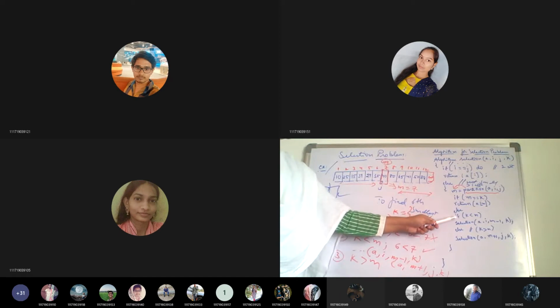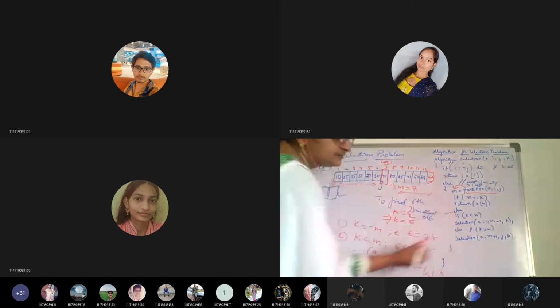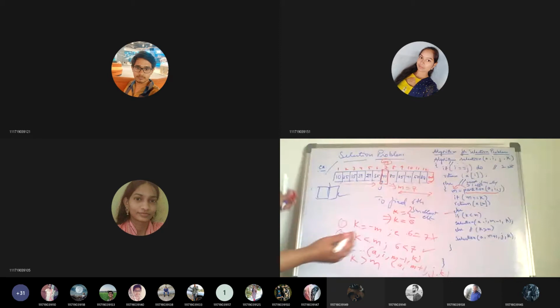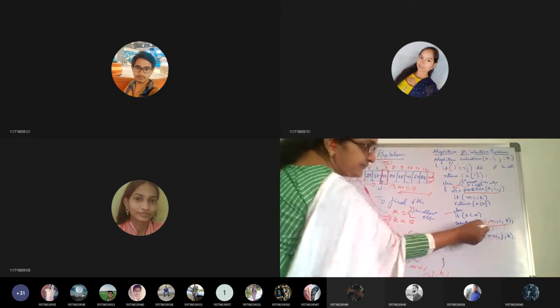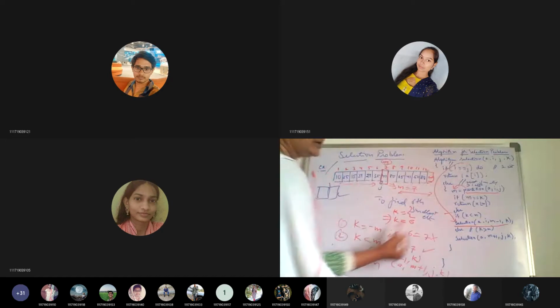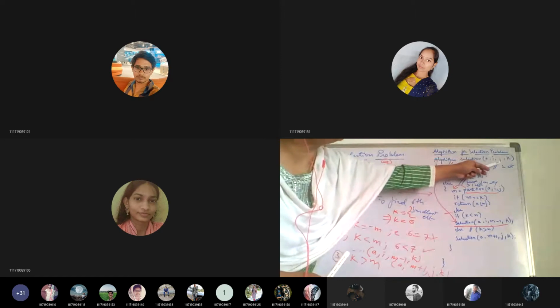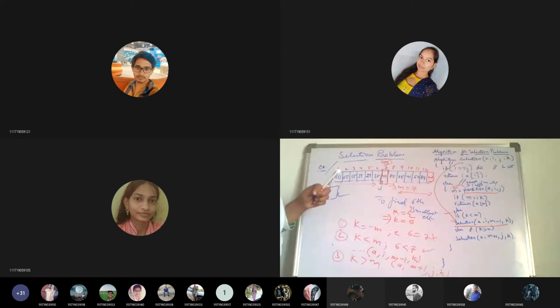In the else part, you check whether K is less than M. Is 6 less than 7? Yes, it is true. So what do we have to call? The left sublist, recursively; the main problem is recursively called here. The main problem takes A, low index, high index, and the kth smallest element you want to find.